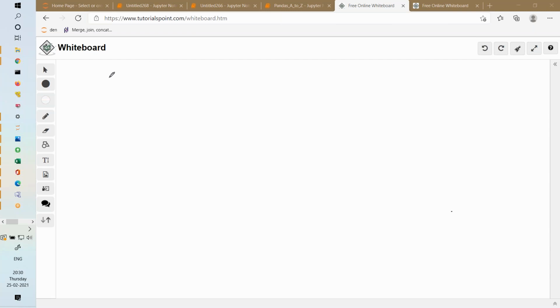So I'll take one example. Let's say 10, 20, 15, and then 7, 80, and then 150 and 200. Let's say this is my data. Step number one of the box plot. I'm doing it with pen and paper so that you can understand what is happening behind the scenes.